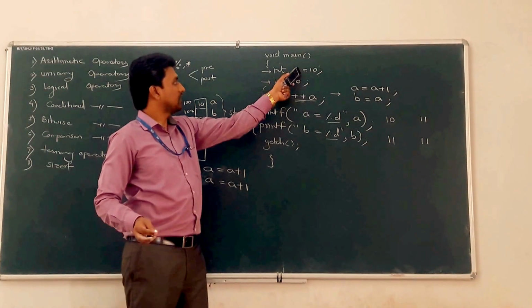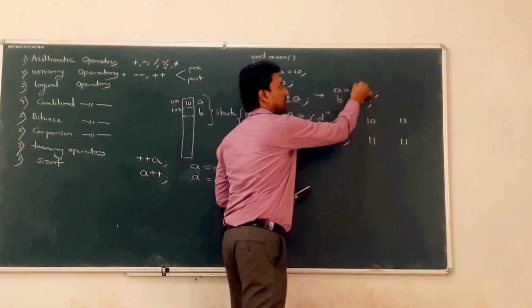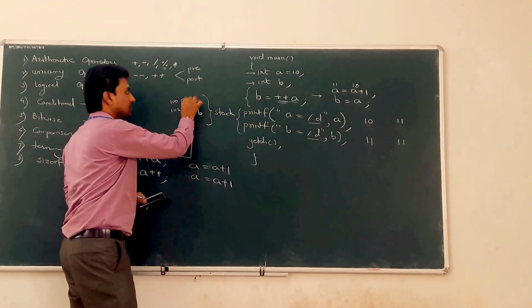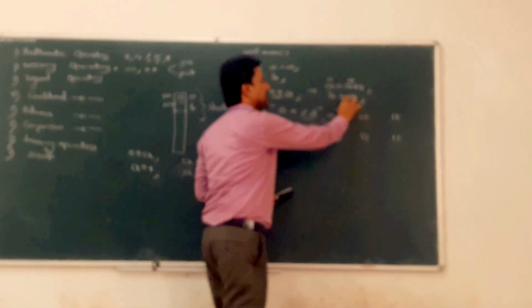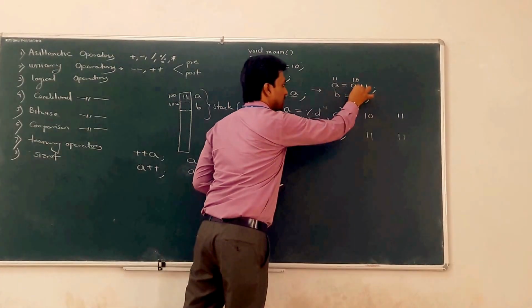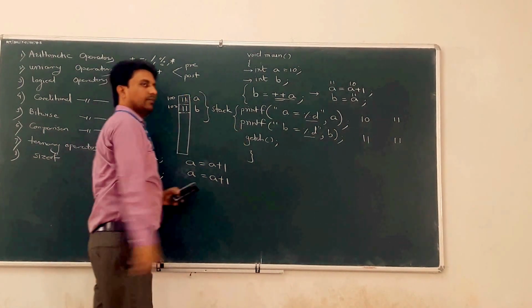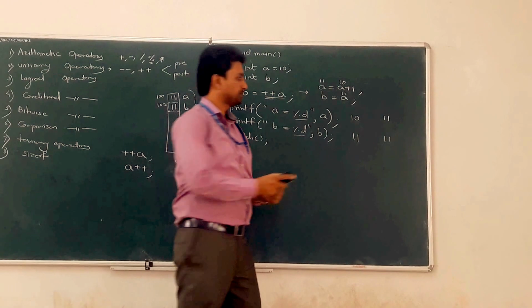It is a simple one. Now 10 is returned here. 10 plus 1, what is the value? 11. 11 is assigned, that is, it is reflected again to the memory. Second one, a, whatever may be the value in the RAM, the current value is fetched to a. 11 is assigned to b. So whatever may be the garbage value is overridden by 11. So what is the predicted output? 11.